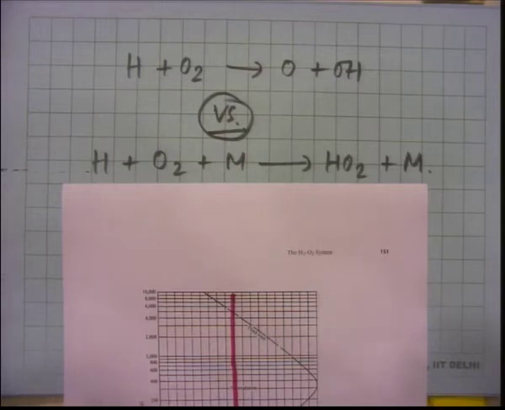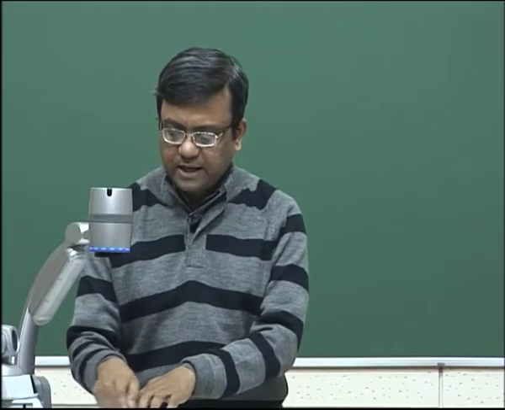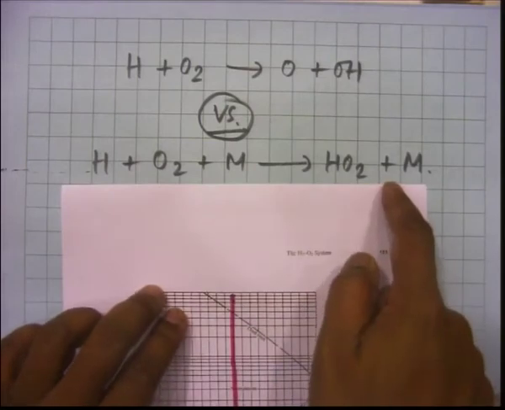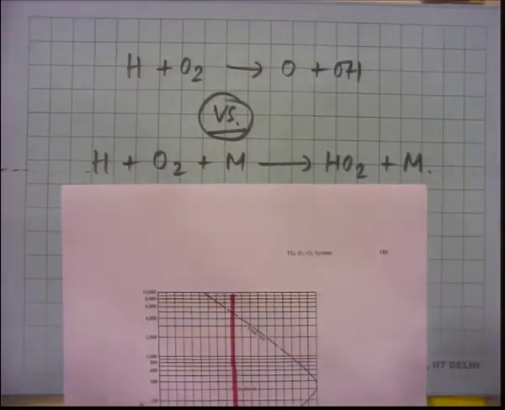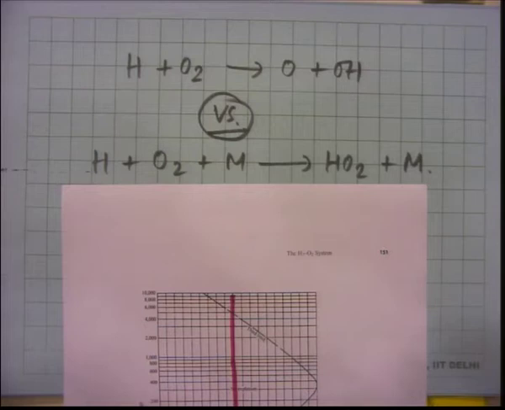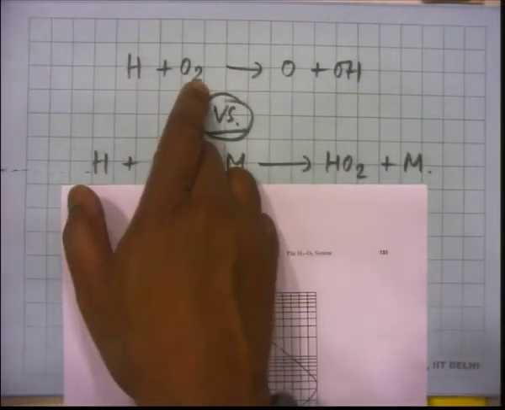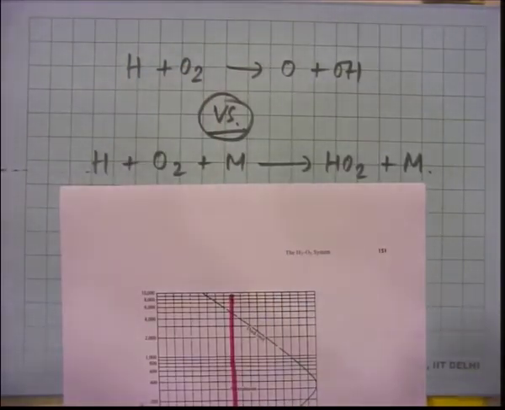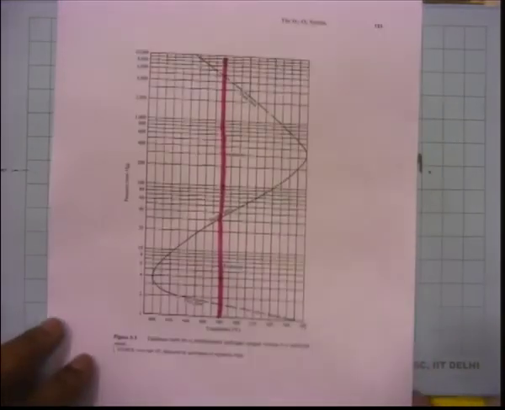So, we are talking about this competition where there is a 2 body reaction competing with a 3 body reaction. Which one will increase faster with pressure? Second one. Why? Because in its reaction rate you will have concentration of H, concentration of O2, concentration of M all multiplied together. So, you have 3 things multiplied together, and if you have a 2 body reaction you have 2 concentrations multiplied together. So, that will have a lower dependence on pressure. Okay. So, that is what was happening.